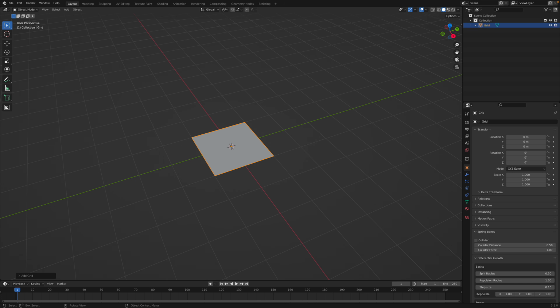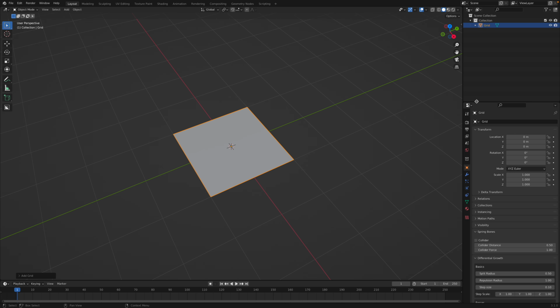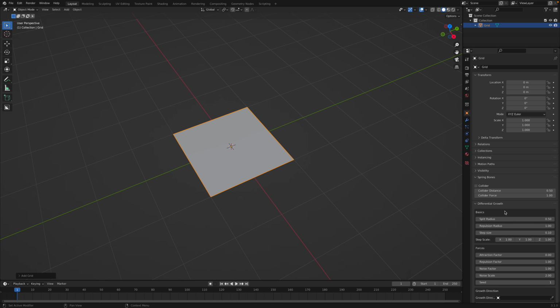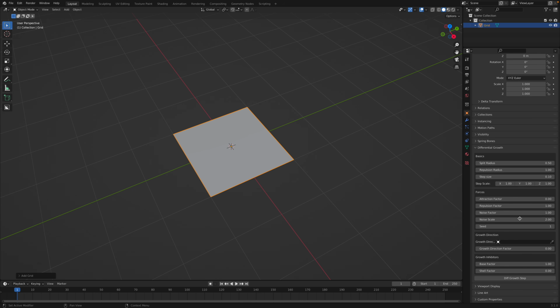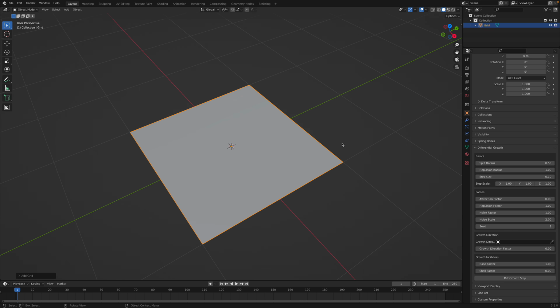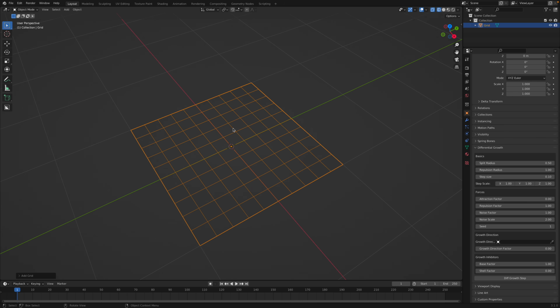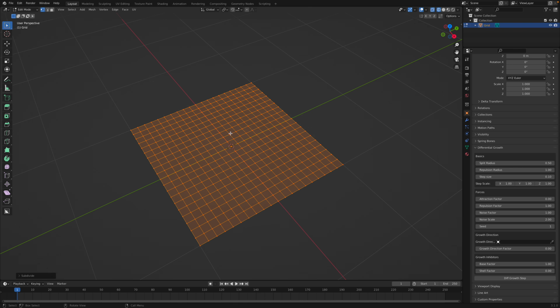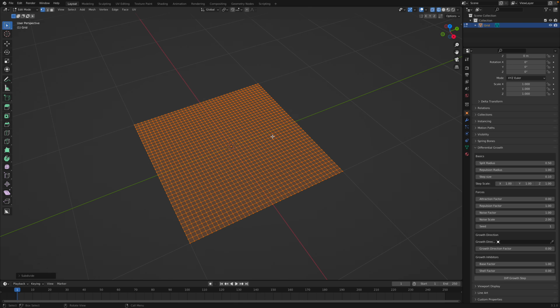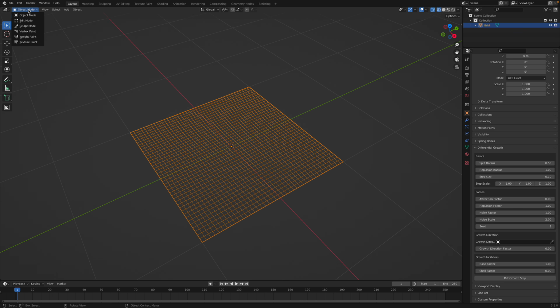I'm gonna use a grid. I know this add-on will appear here. There are a couple of videos that talk about this. I'm gonna do a super basic one. So we have a grid. If I tap Z and look at the wireframe, this is the default grid. I'm gonna subdivide this a couple of times,